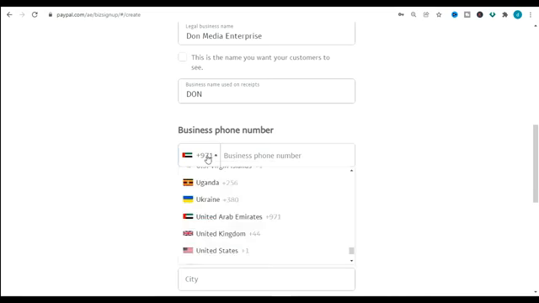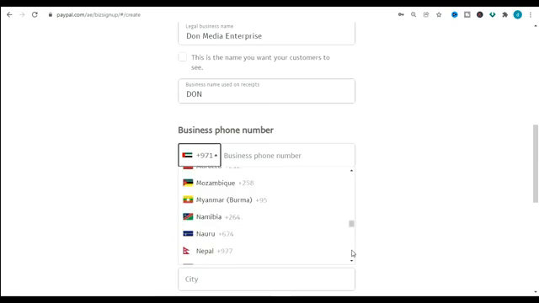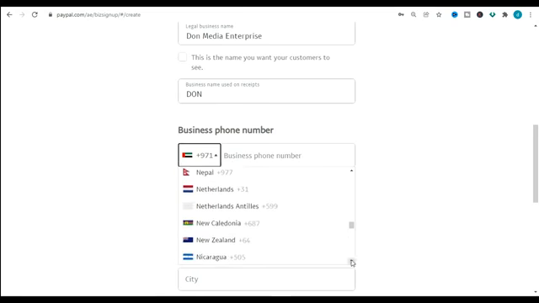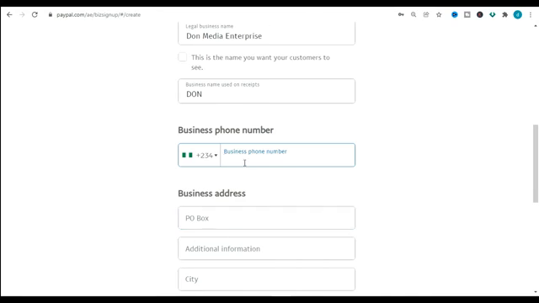So I'm in Nigeria, so I'll just look for the Nigerian country code. Nigeria country code is +234 and it's listed alphabetically. So this is Nigeria, so I'll just click on Nigeria and I'll use a Nigerian phone number. 080 61 11 1111. So I'm just using this for this tutorial purpose. Then input a